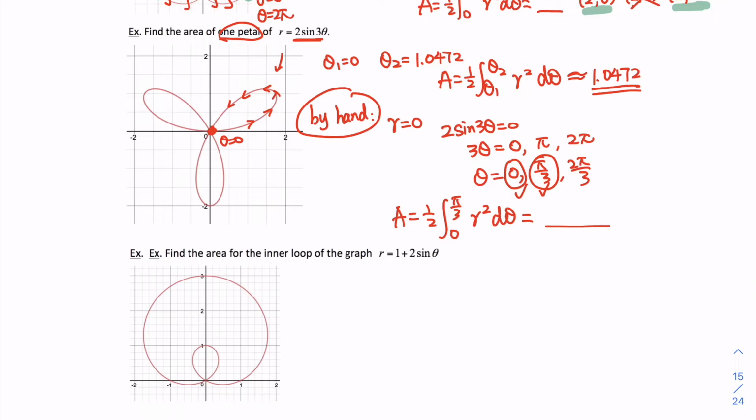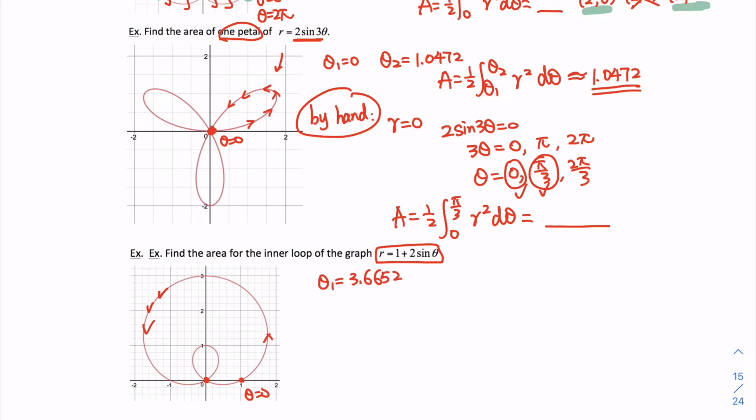Let's have a look at the number 3 here. So if you look at number 3, find the area of the inner loop of this graph here. So this is the graph, the inner loop is here. If you use your calculator, theta equals 0 starts from here, counterclockwise. Okay, first when it reaches this spot, theta 1 equals